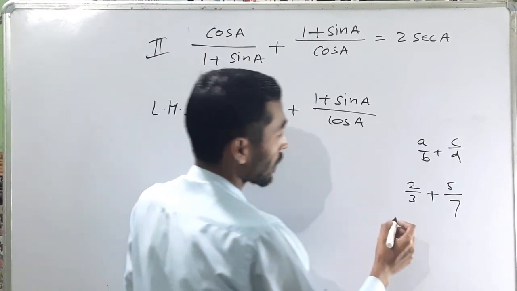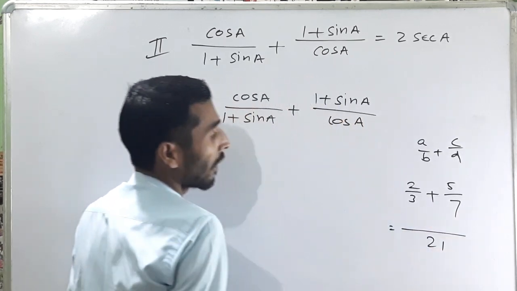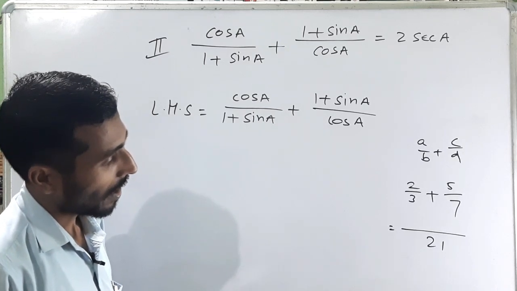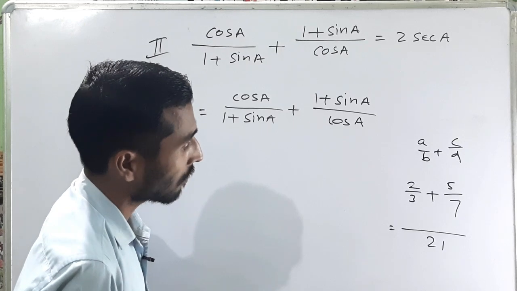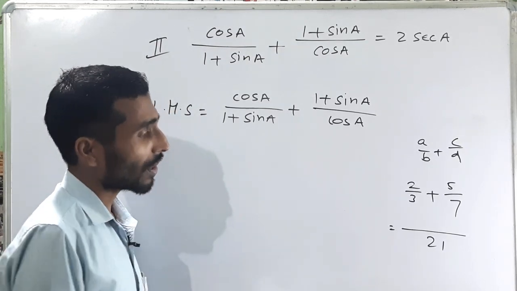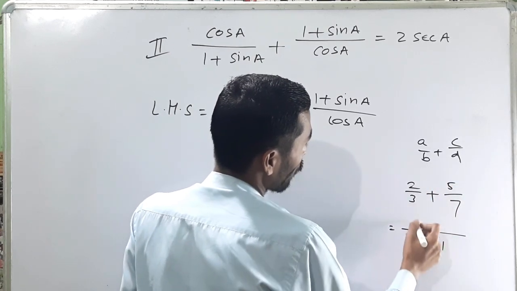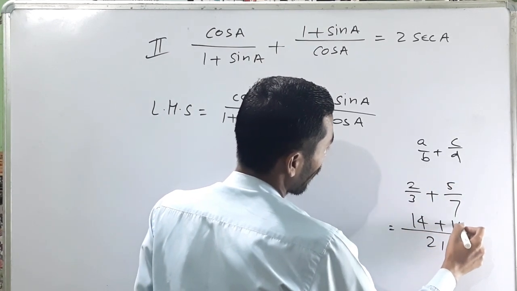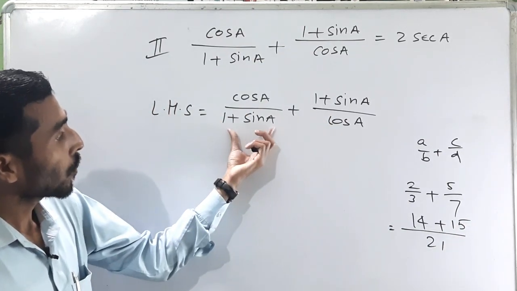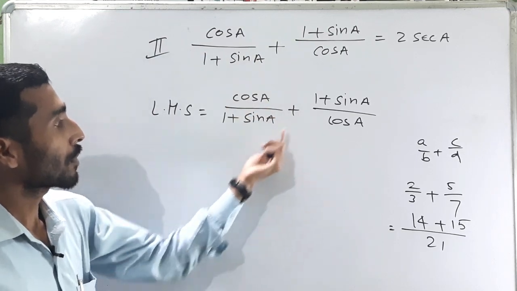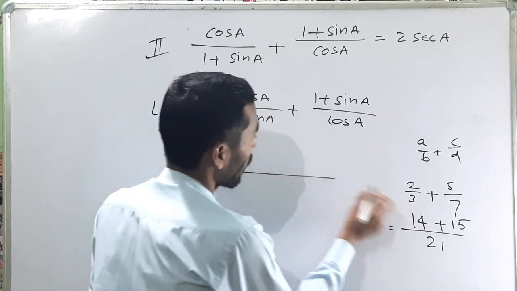That's why, just to solve this, we can write 3 into 7, 21, and 3 into 5, 7 into 2, 7 into 2 is 14, and 3 into 5 is 15. In the same way, here there is no common factor in the denominator of the first fraction and the second fraction. That's why the LCM will be like this: